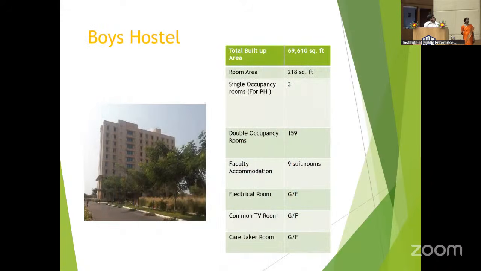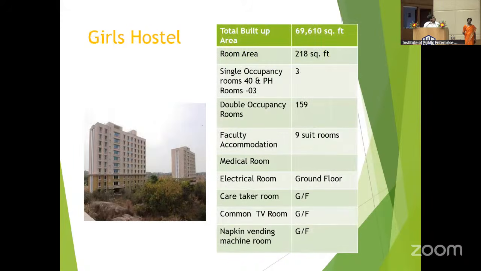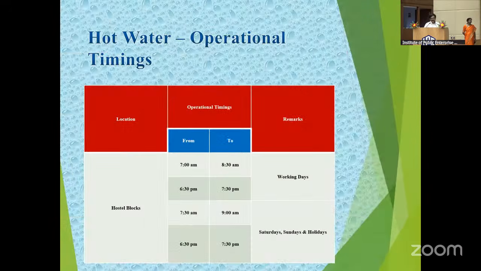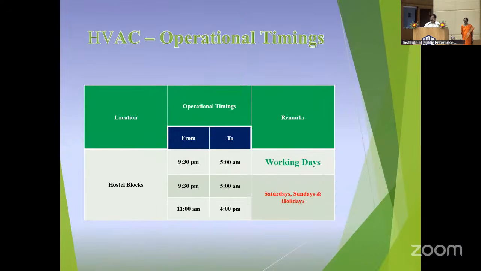These are the hostel rooms. We have 159 double occupancy rooms. Both the hostels are of the same capacity, so we can have about 620 students on the campus. Now there is a last-minute rush for hostels, and some students have not opted. That is a problem. We always allot the hostels on a first come, first served basis. So if anybody wants a hostel, please take quick action.